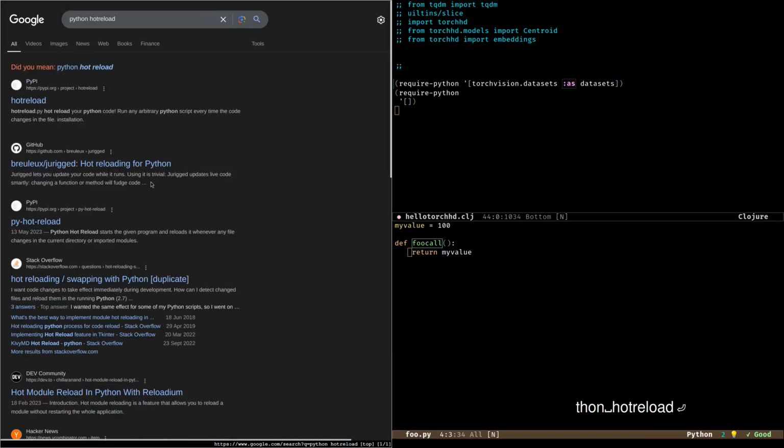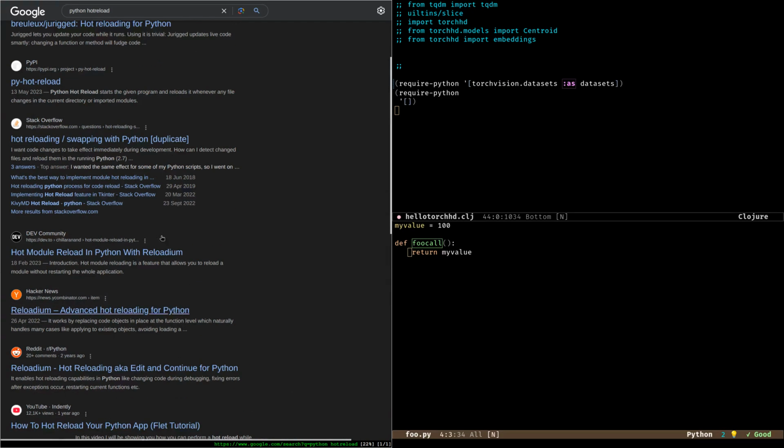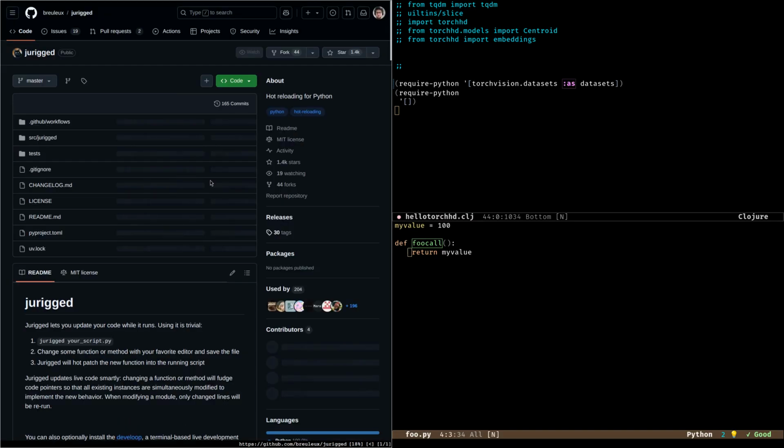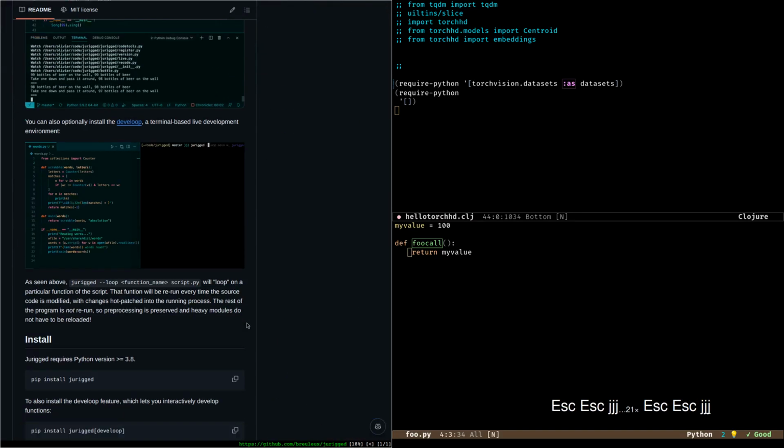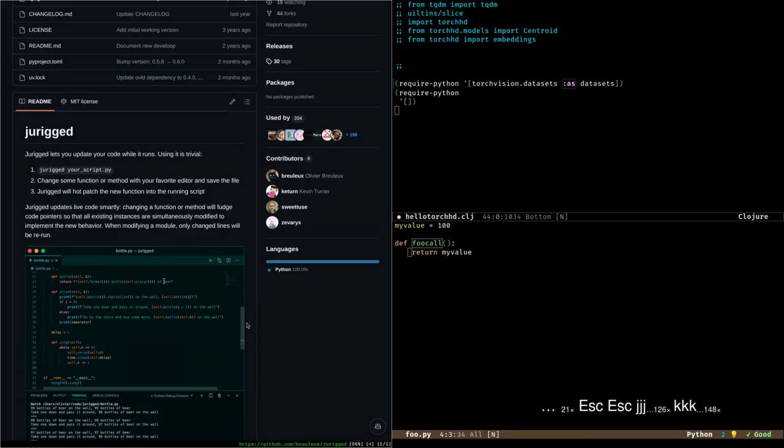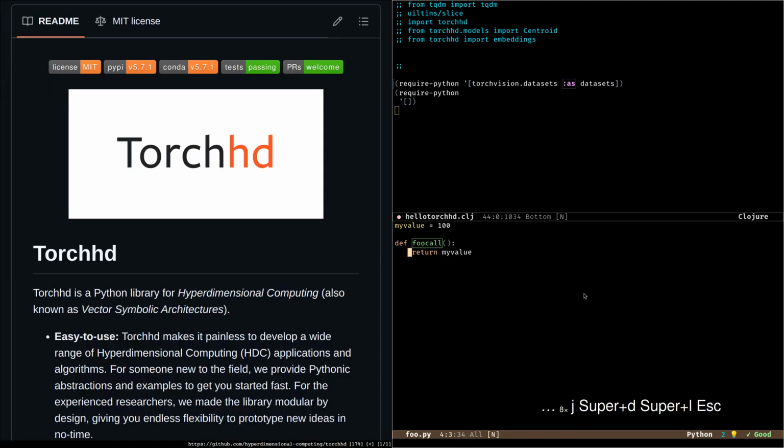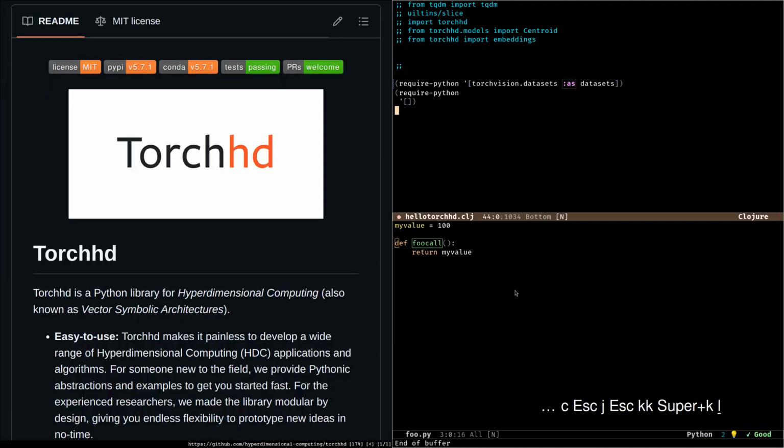I mean, you can set this up. True, yeah. It's kind of cute. It has certain limitations, makes a file watcher, whatever. We don't need to, we just have a better Python, because we say require-python, and this is a namespace in Clojure now, and it's a function, and this runs Python code. I find this